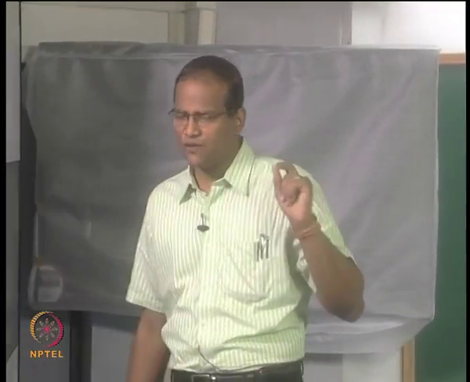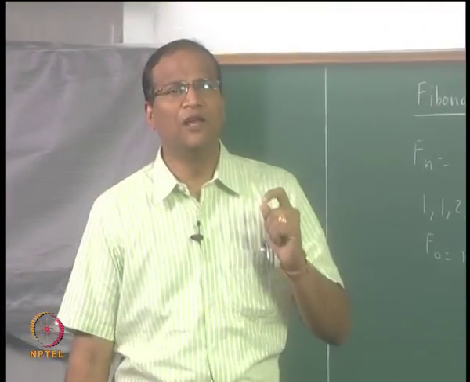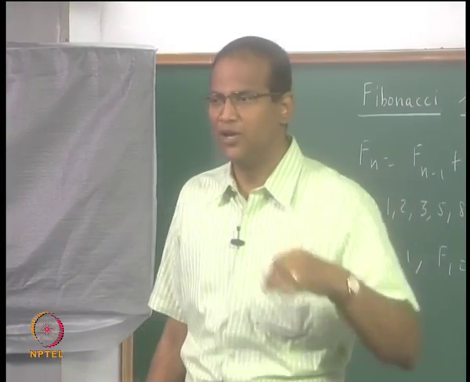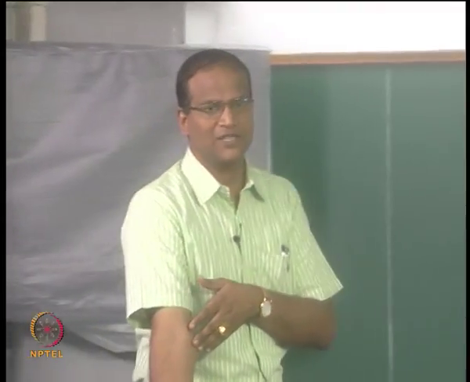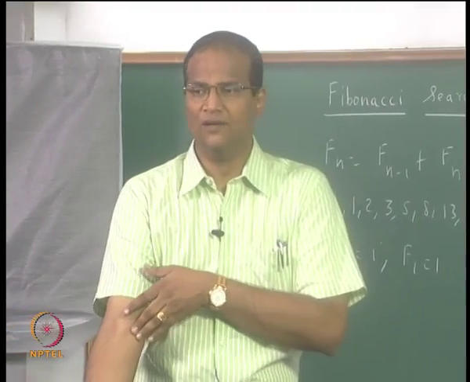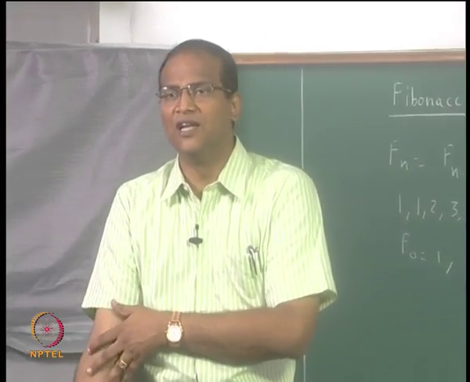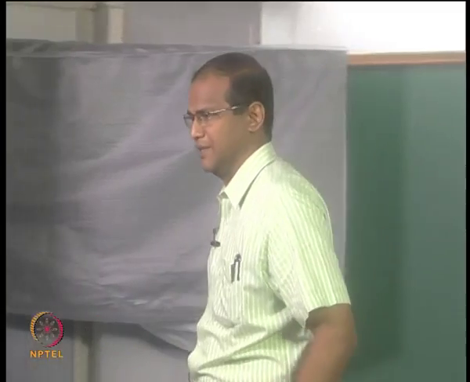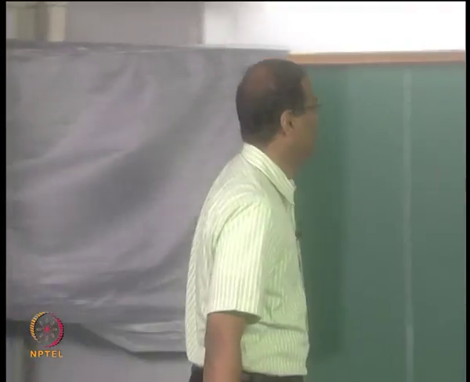So in the execution of the Fibonacci search, every time you have a 2-point evaluation there is only one new point. The second point is already an old point. Therefore even though the interval is not reduced by 50%, because you are evaluating only one at a time, asymptotically it has a convergence rate which is far superior compared to the dichotomous search method, okay. Now what is the strategy?